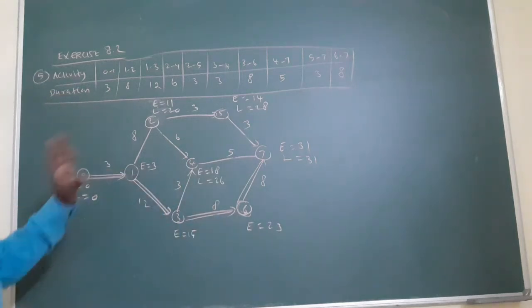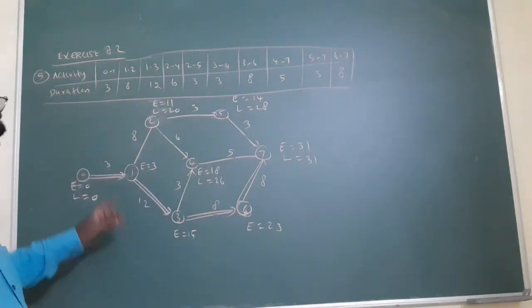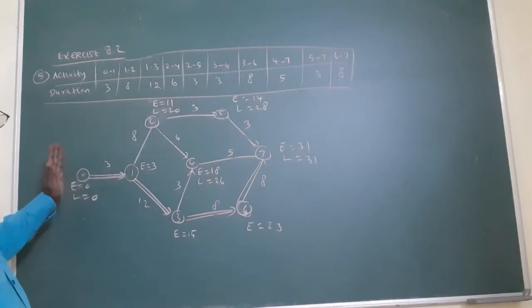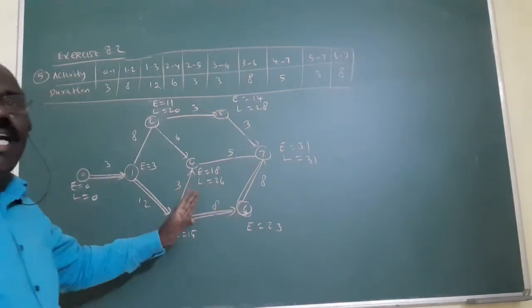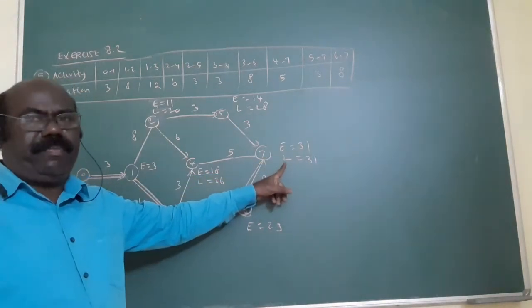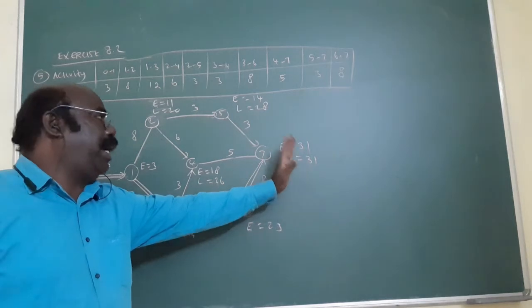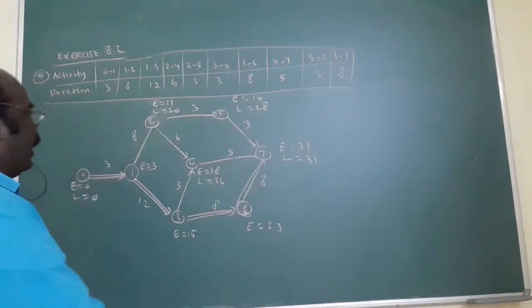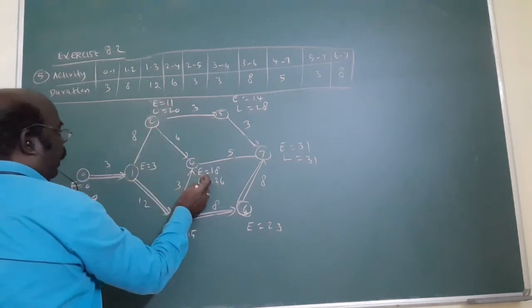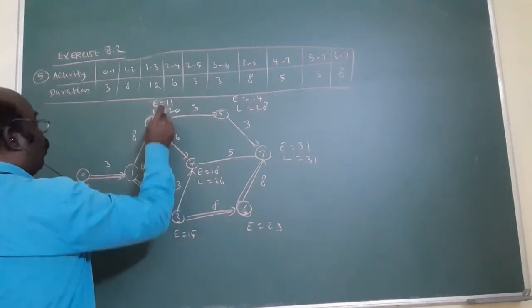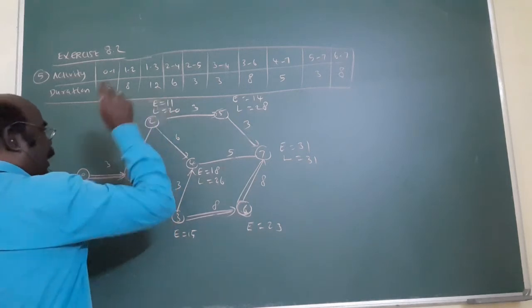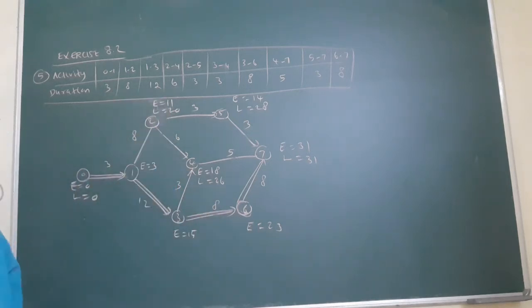This is a very, very important concept. Mind it. Am I correct? E means the earliest starting time, so from left to right you always consider the bigger number. L means the latest starting time, so from right to left you consider it differently. From here to here, 28 minus 3 is 25. But from here to here, 26 minus 6 is 20. Out of 25 and 20, 20 is the least number. That's why you write only the least number. L for least.